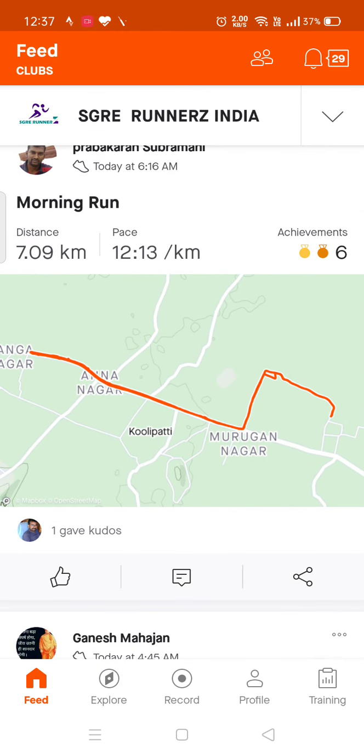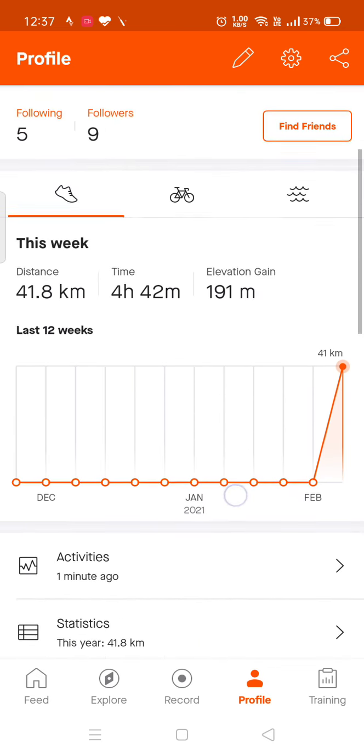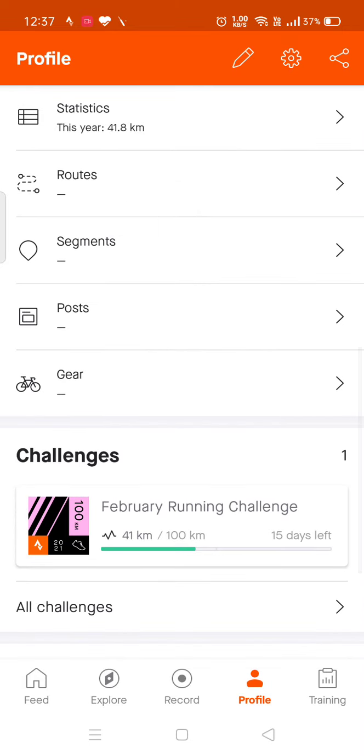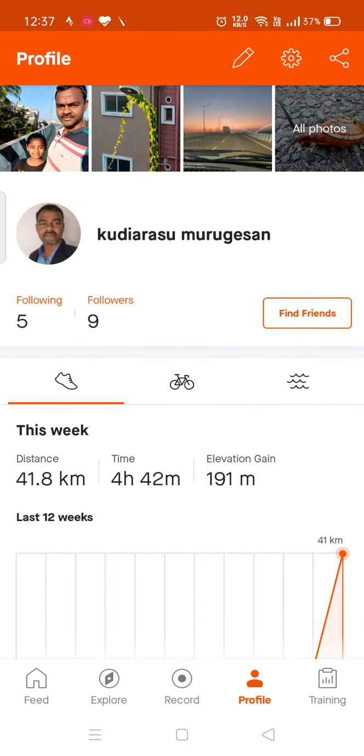So I hope you will understand. Other than this, there is the profile where you can go and see your own activity: either running or walking, how much you did, or what cycling you did, how much totally this week. This will be your own interest actually, so based on your interest you go and explore.